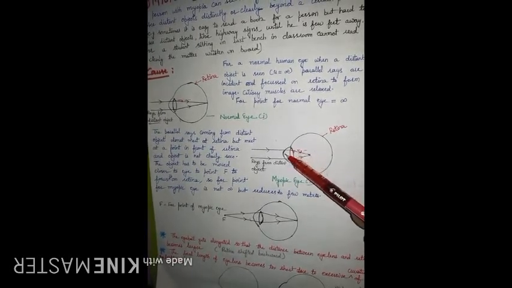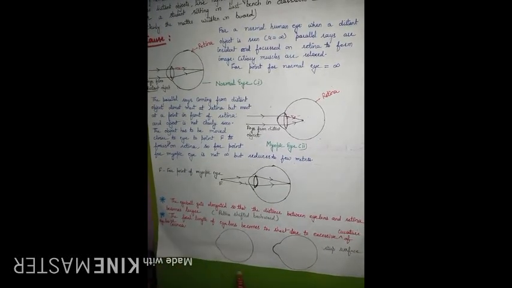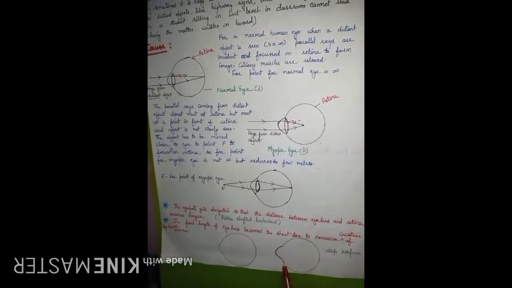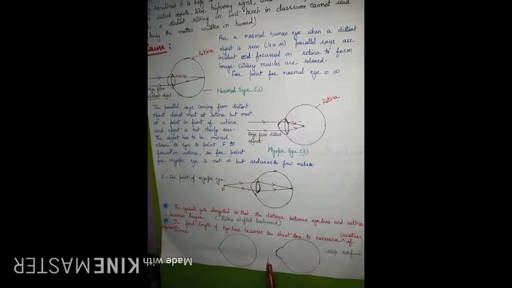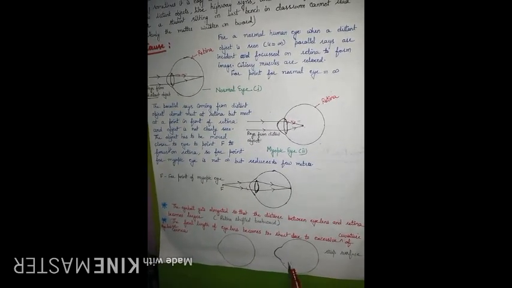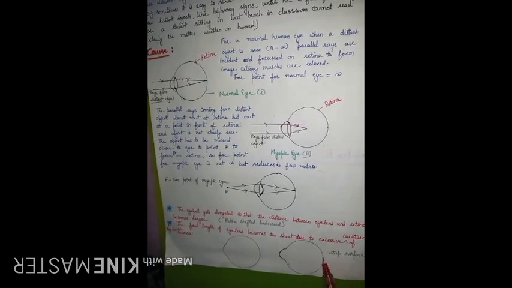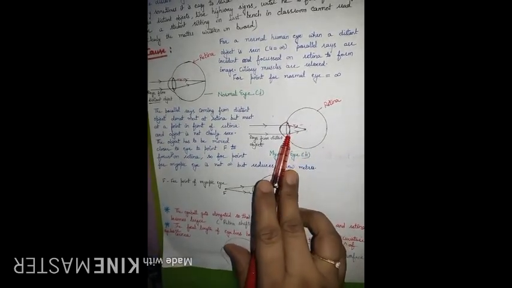Second, there can be excessive curvature of the cornea. It means the shape of the cornea is going to turn like this. This can also be due to excessive curvature of the eye lens. It means we are in need of a thin lens and the lens has become too thick such that its power has increased and its focal length has decreased.